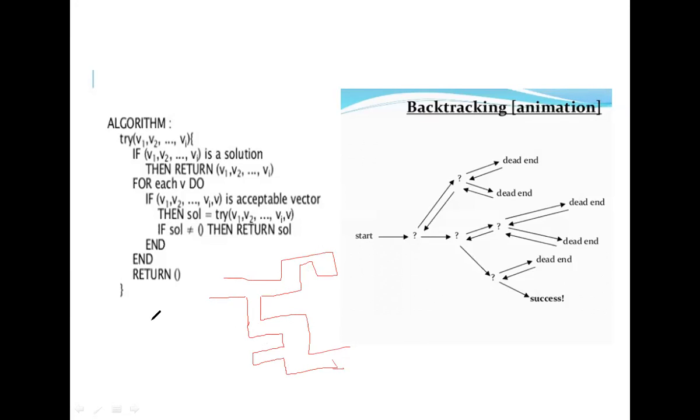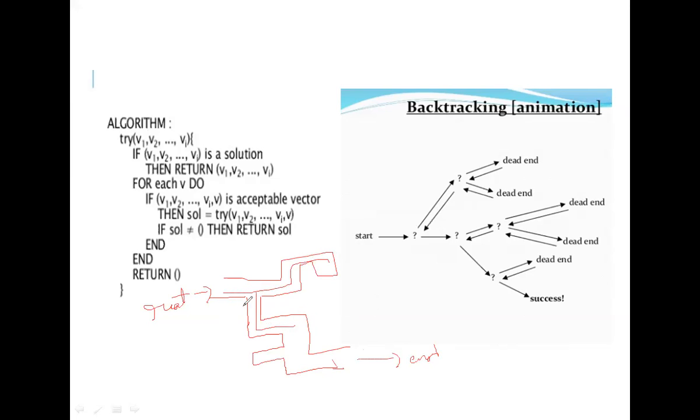So there is a rat, and the rat wants to come outside. So this is the path. The rat starts here, and this is the end. He will come out of this map. So the rat starts here and moves here. So there is a dead end. See, move backward. Then it will come here and move in this part.